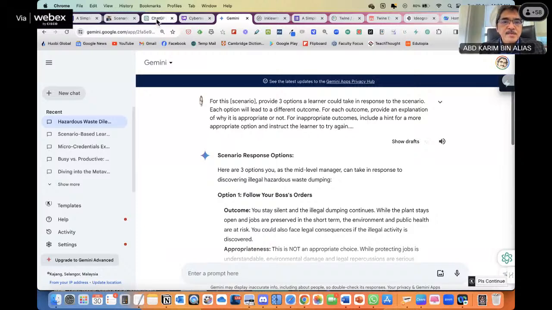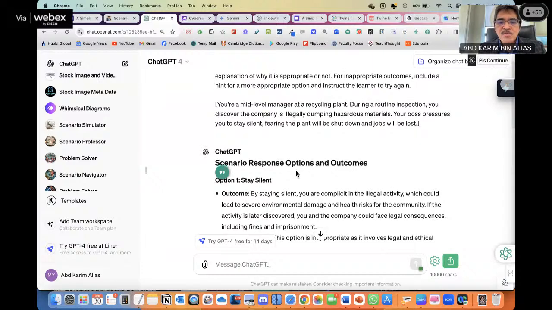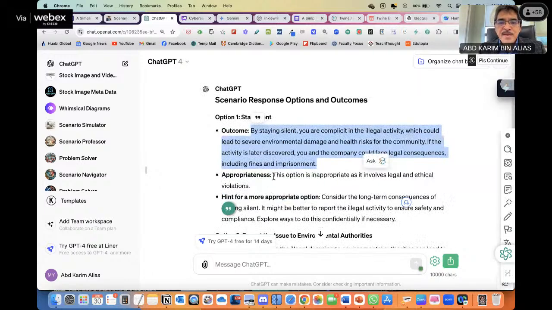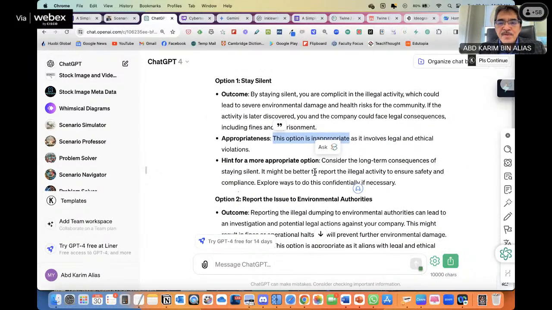Let's look at ChatGPT. Scenario, response, and option. Stay silent. Outcome, if you stay silent, what will happen? By staying silent, you are complicit in the illegal activity and so on. Appropriateness, this option is inappropriate. Hint, for more appropriate actions, consider this one.